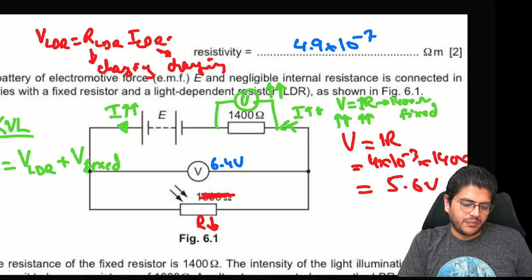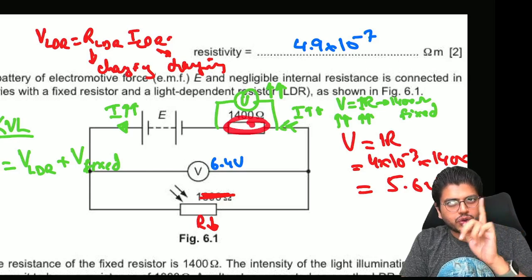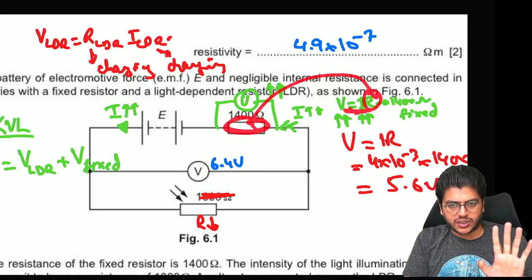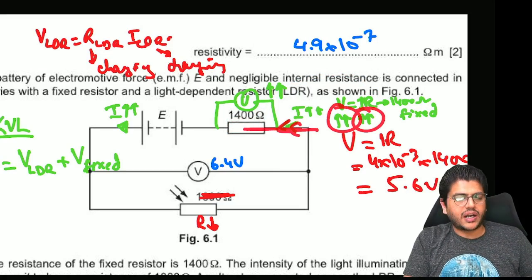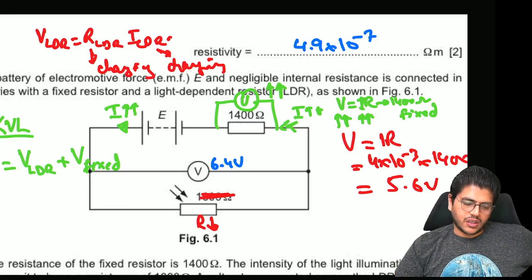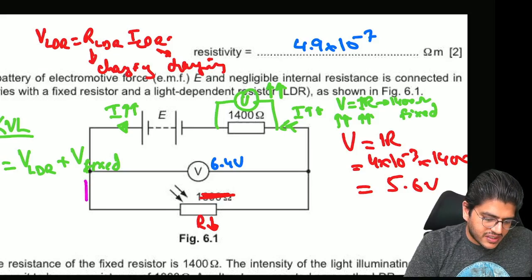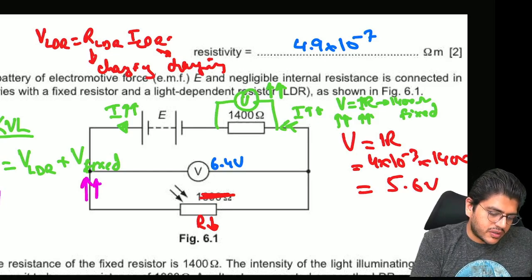Like for example, for this resistor, I can very fairly say, and I'm sure you can also very fairly say, that yes, over here we can apply V equals IR. Resistance is constant because it's not changing. So if the current in this resistor is higher, the voltage will be higher. There is no discrepancy. So if we all agree that the voltage across the fixed resistor has increased and the EMF is constant, what